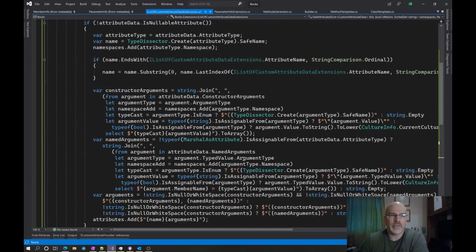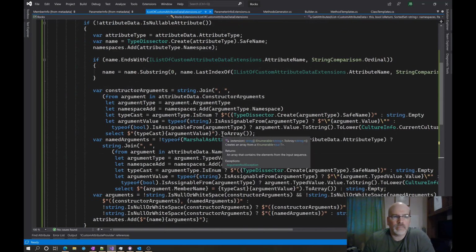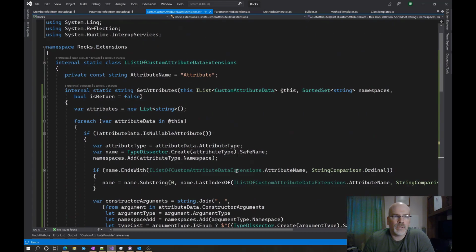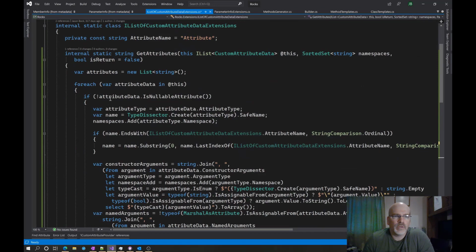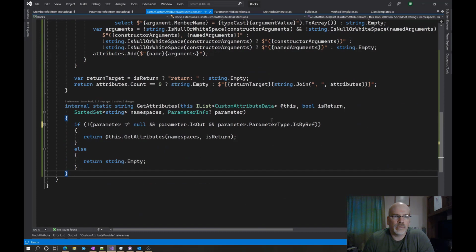You wouldn't have called it, because if it's not a nullable attribute, then you go through and do this. Okay? But you're first saying, if the parameter is null. Okay, so let's say if the parameter is not null,